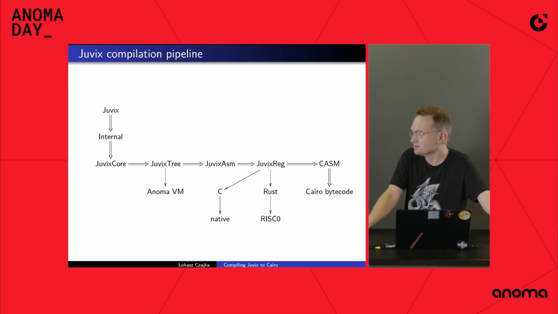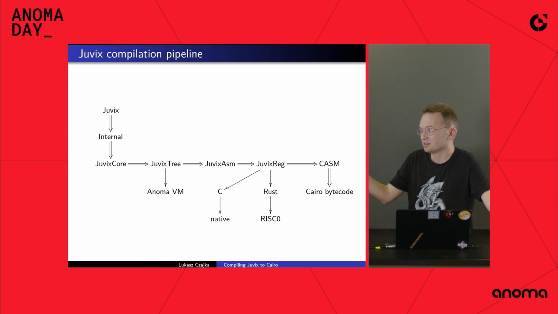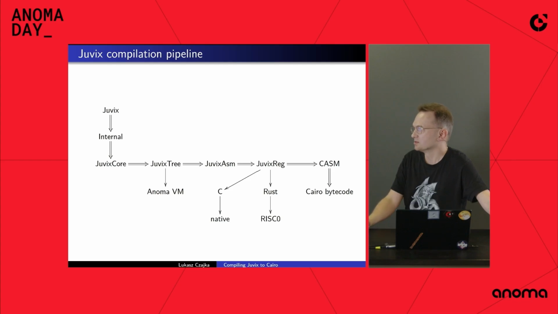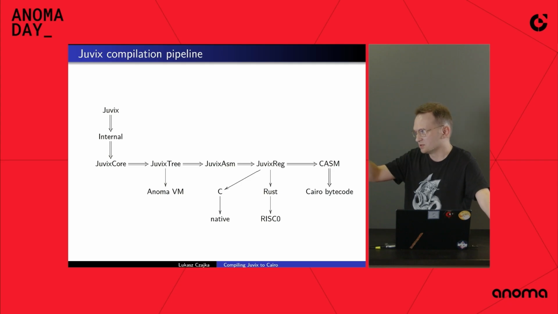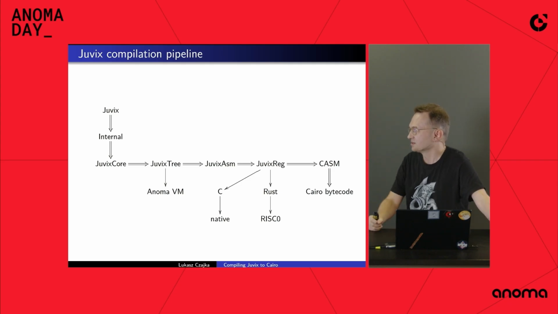All right. So here is the overview of the Juvix compilation pipeline. The idea with the pipeline is that we divide it into many different intermediate representations, and the idea is to compile down the features of Juvix one by one, step by step, using those different intermediate representations. The most important, perhaps, is the Juvix core here, which is the minimal lambda calculus-based functional language that I've been mentioning before. So after type checking and desugaring, we have some representation of a Juvix program in Juvix core. We do some transformations on it, and then we have other intermediate representations. Ultimately,